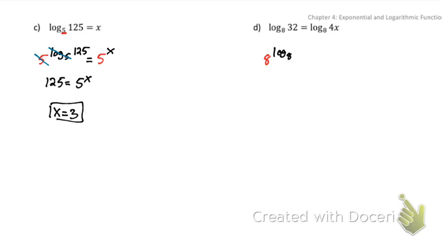So I'd have 8 raised to the log base 8 of 32 equals, do the same thing to the other side, 8 raised to the log base 8 of 4x. Log base 8 and base 8 will cancel out on both sides. I'll be left with 32 equals 4x. X equals